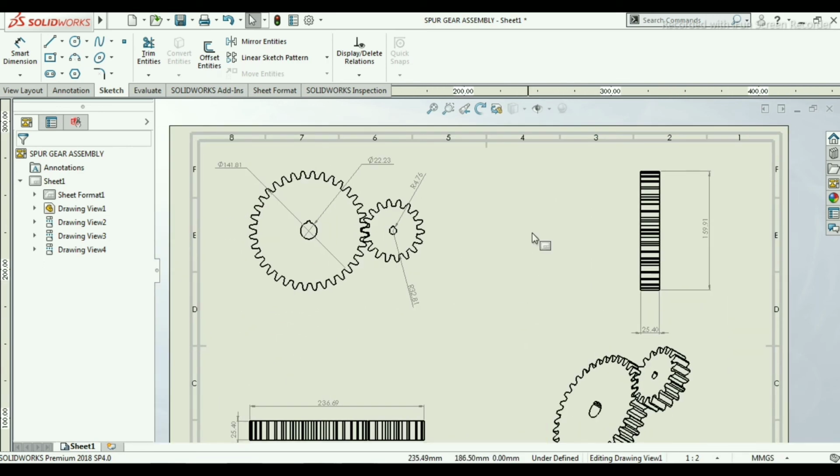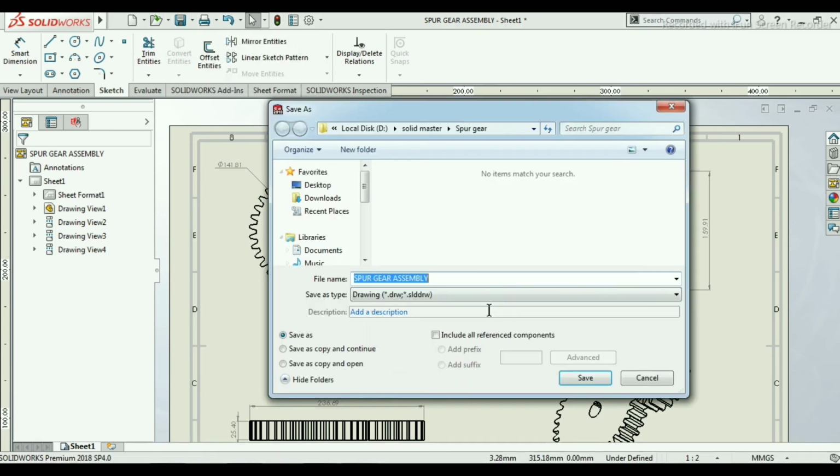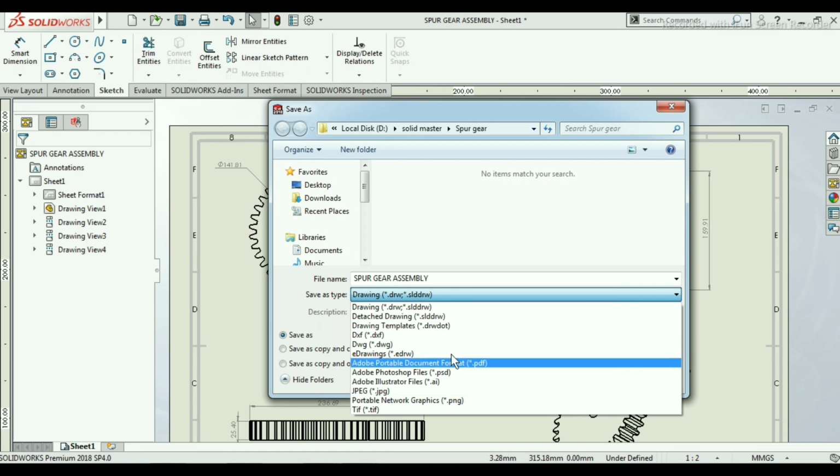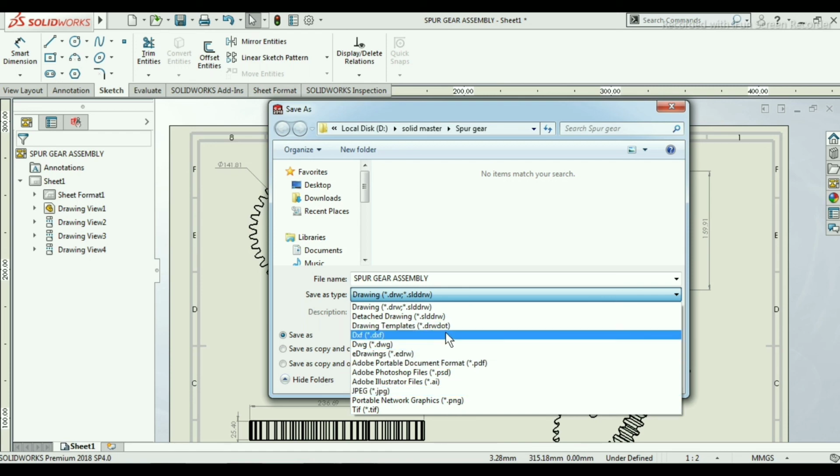Now for saving this drawing file into .dwg or DXF, one option is given, that is save as. Click on save as. In this they are asking which file type you want to save.